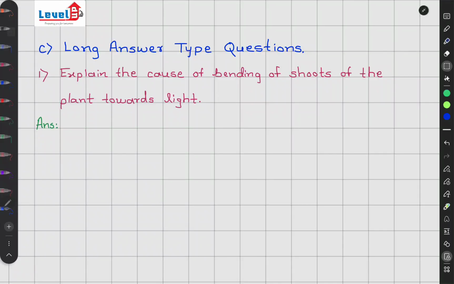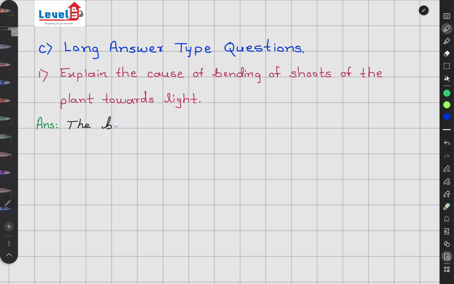Hello friends, in this video we are going to solve long answer type questions of chemical coordination in plants of 10th ICSE biology, Srijan publication. So our first question is: explain the cause of bending of shoots of the plant towards light, and the answer is